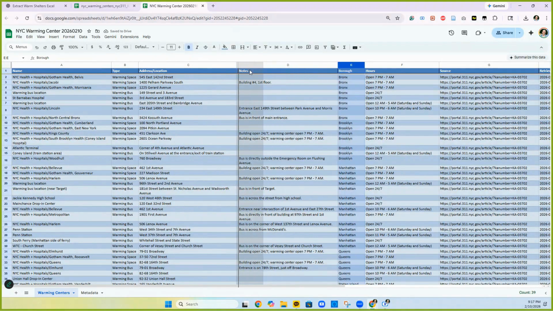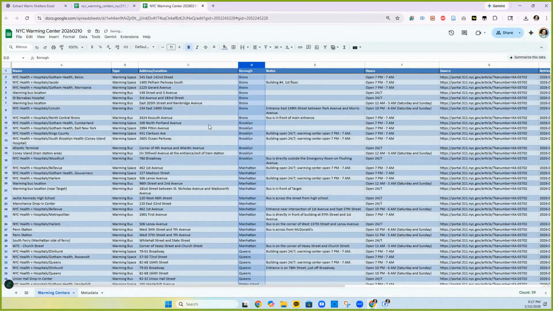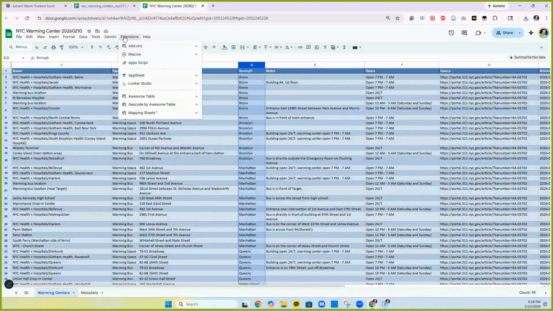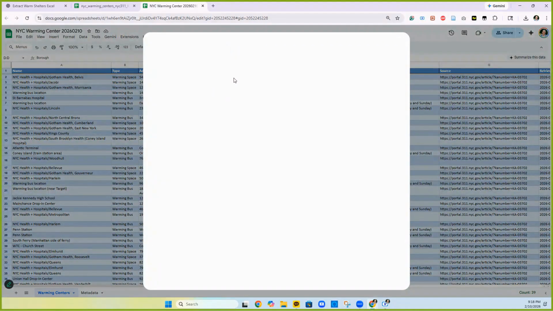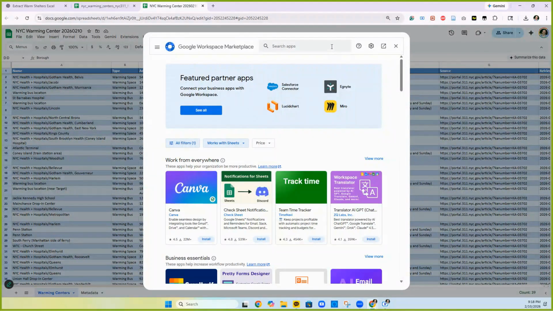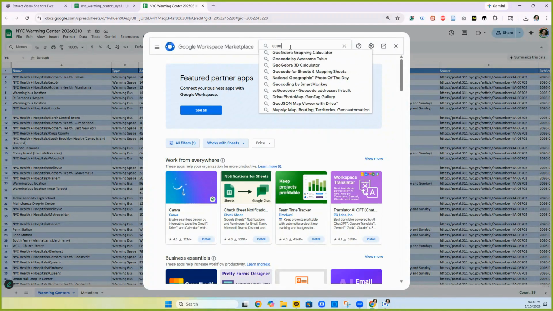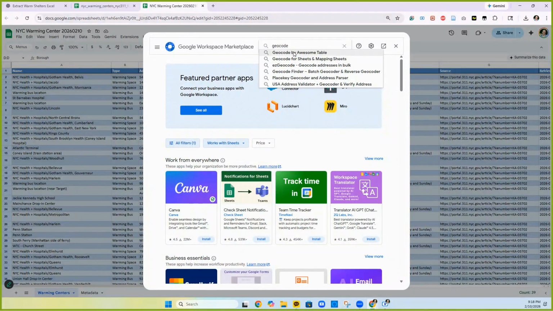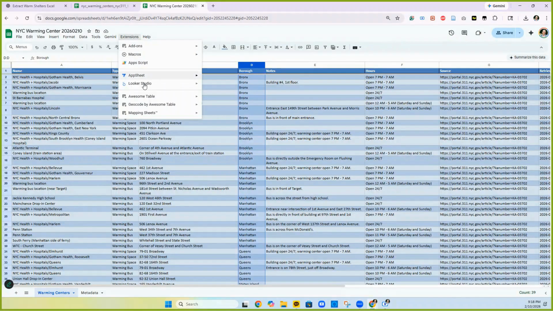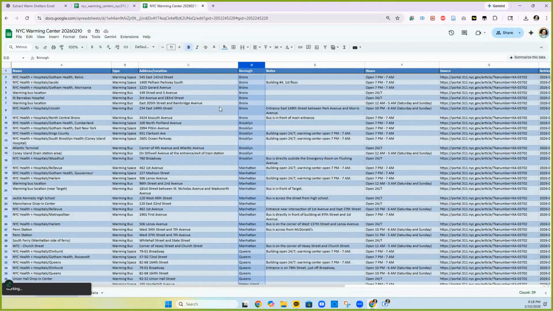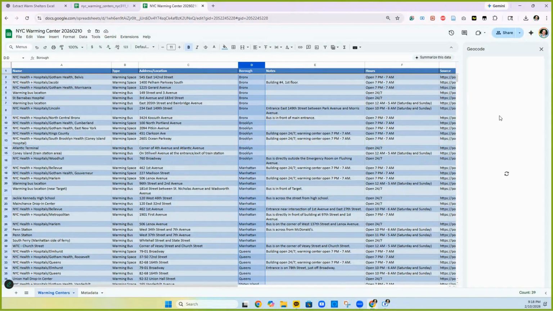Okay, so you know that in Google Sheets there is an extension called the awesome geocoding. When you go to Extensions, Get add-ons, and then type, let's say, geocode by Awesome Table, you have this extension. So you can click start geocoding, and then